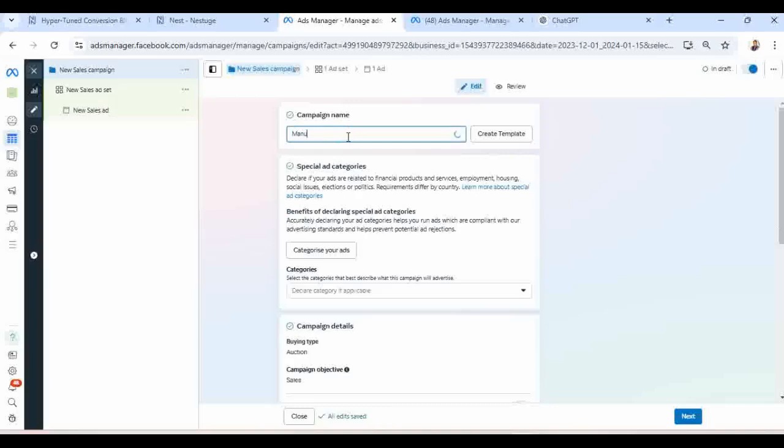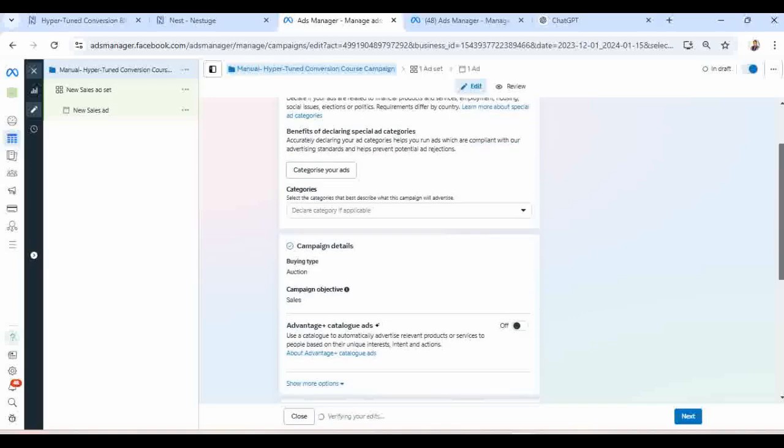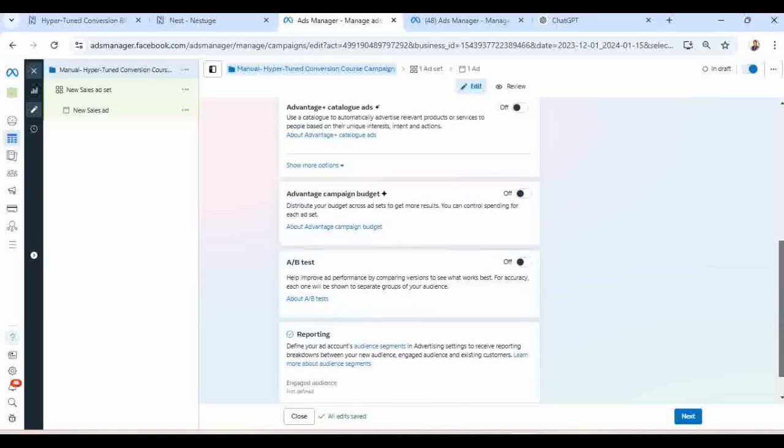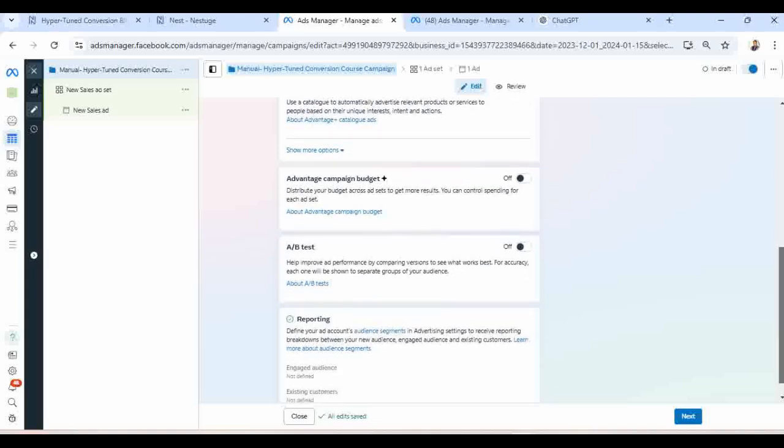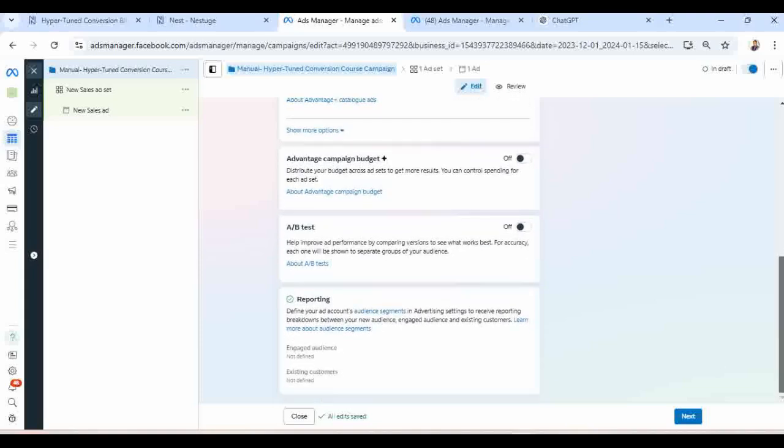Give your campaign a unique name to help you identify it. You can enable Advantage campaign budget. This will allow Facebook AI to handle your budgeting. This is useful in a case where you have multiple assets in one campaign. You can also enable A/B testing when you are trying to test out a campaign against another campaign. A/B testing is useful when you are trying to test out different segments, maybe a different ad creative, audience, or